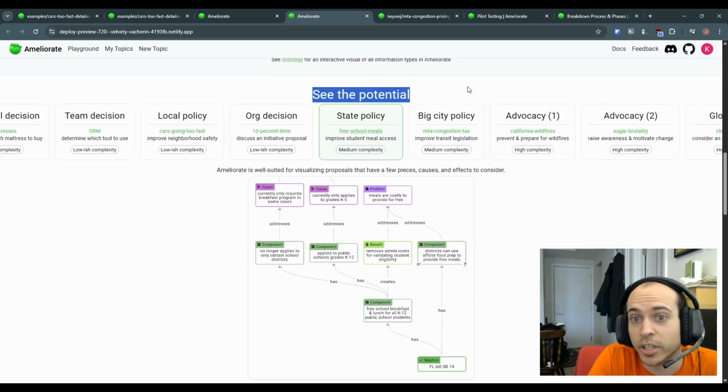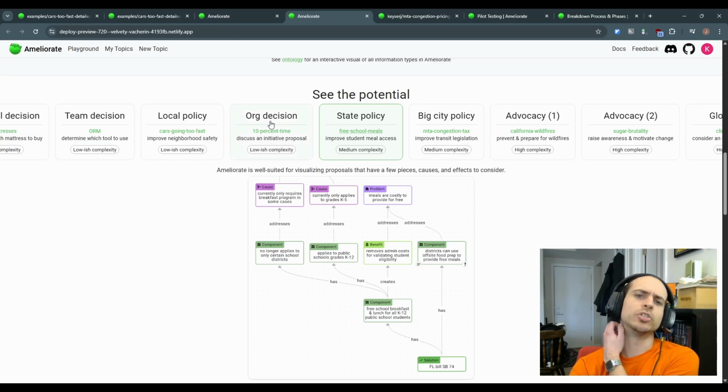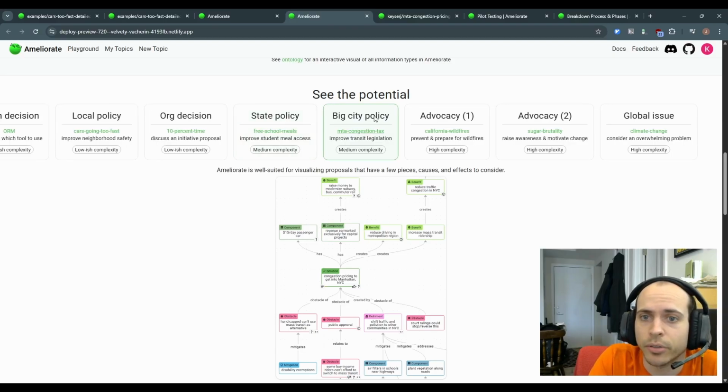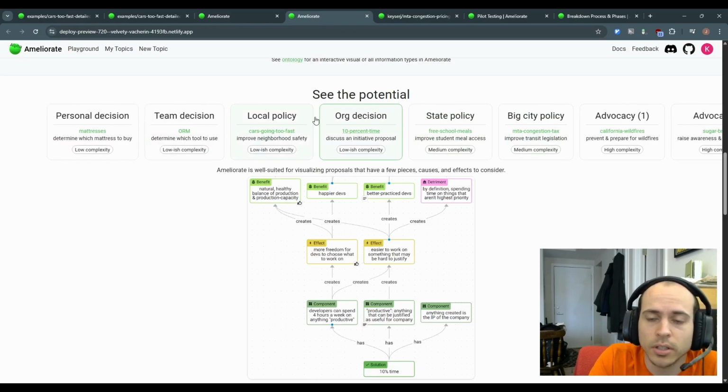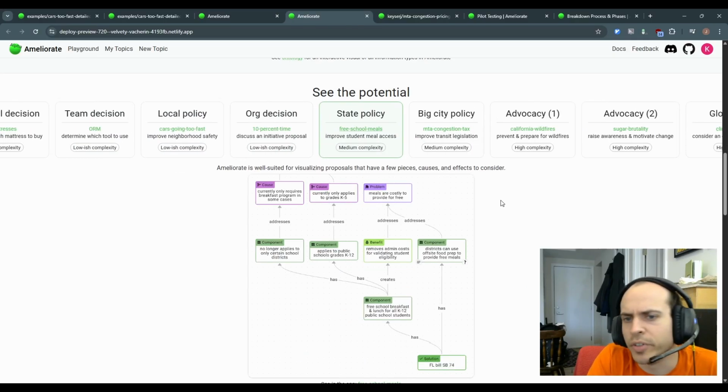I did add a new section here for examples. So you can see a bunch of different categories of things you might want to use Ameliorate for, and each one has an example diagram that you can look at in that category. Moving on,